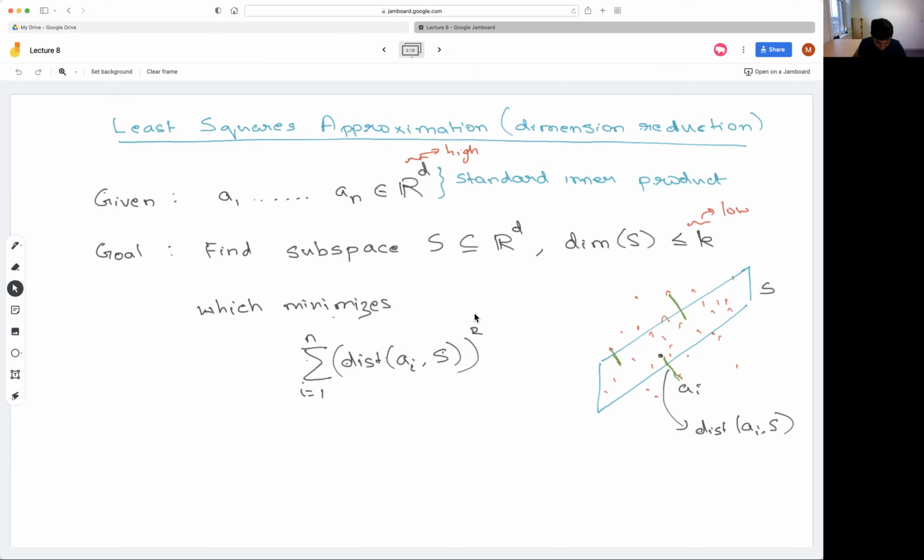And you can think of this as a generalization of finding a line which represents points in 2 dimensions. So if you have points in 2 dimensions and you find the best fit line, what you are saying is that these data points in 2 dimensions, you're trying to represent by a 1-dimensional subspace, which fits them best. And this is a generalization with points in d dimensions and a k-dimensional subspace. Okay. Any questions about the problem before we continue?